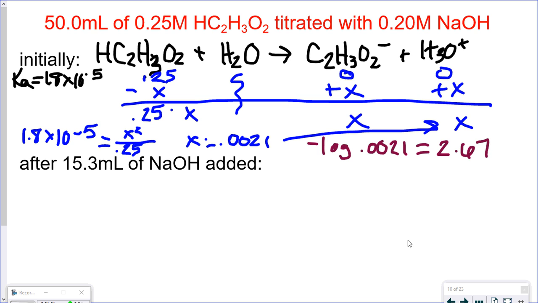Now, when we're adding sodium hydroxide, the part of the reaction that is actually neutralizing is the acid combining with the hydroxide from sodium hydroxide,